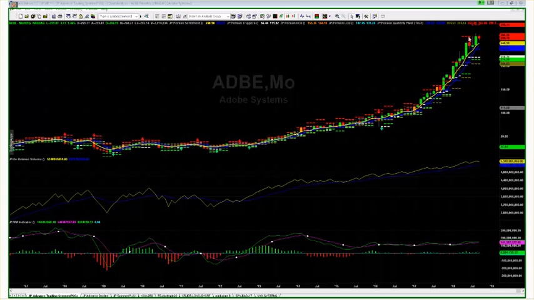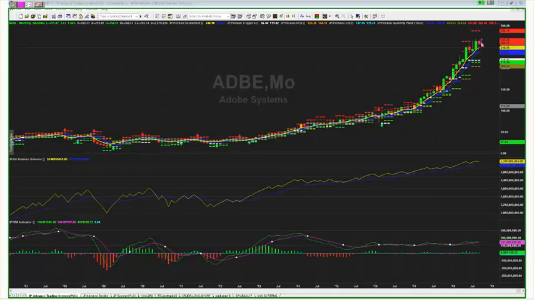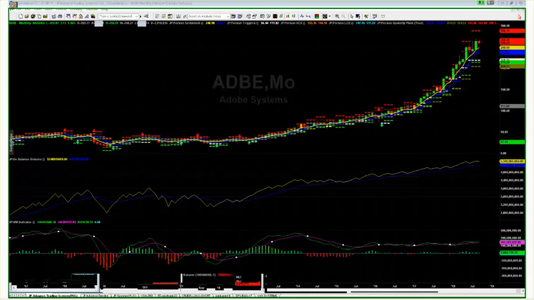So the moral of the story is there is a shot that we could see Adobe continue higher. I mean, there is a pivot there. Until we get a sell signal, the assumption is what? The trend's your friend until it's no longer your friend, all right? We need a sell signal, a breakdown, something to happen. So why am I bringing this to your attention? Because you have a specific watch list,